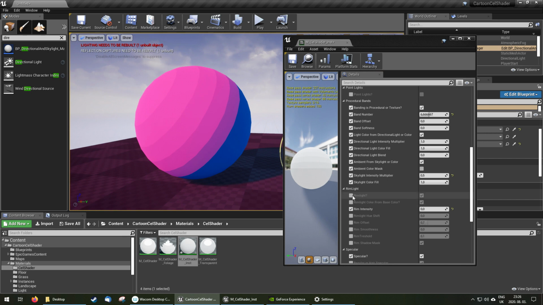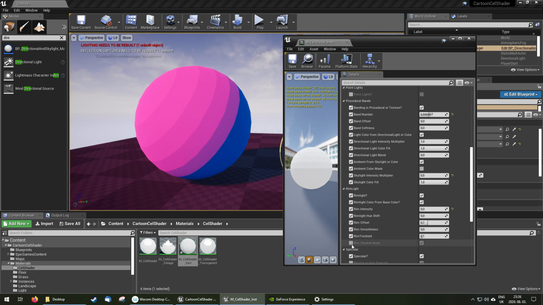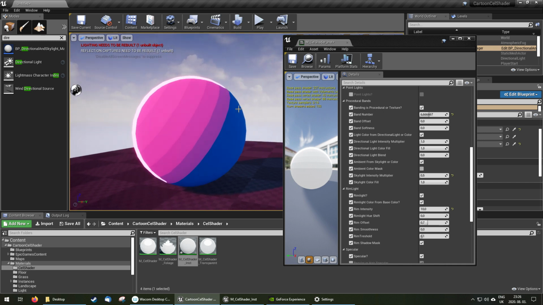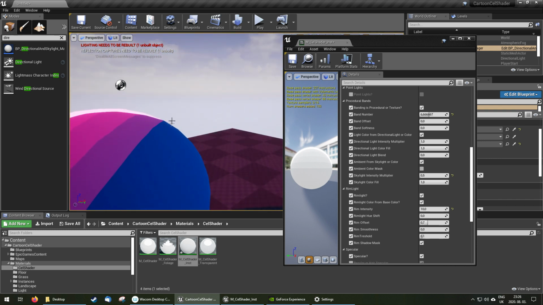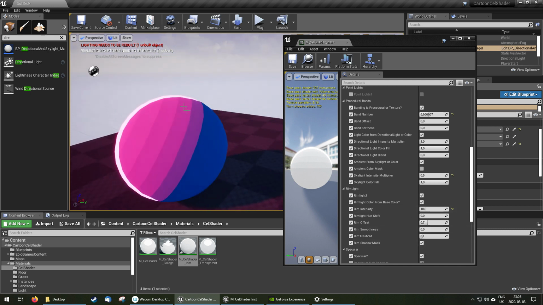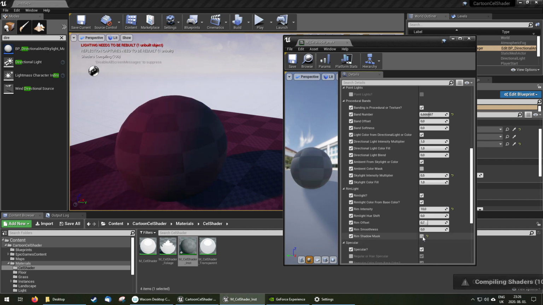Okay, so the next thing is called rim light, and this is what it says. It's a rim light. As you can notice, it clips where the shadow starts. This is because there is a boolean called rim shadow mask, and if it's turned on, then the shadow area of the mesh will be masked out from this rim light function. If I turn it off,